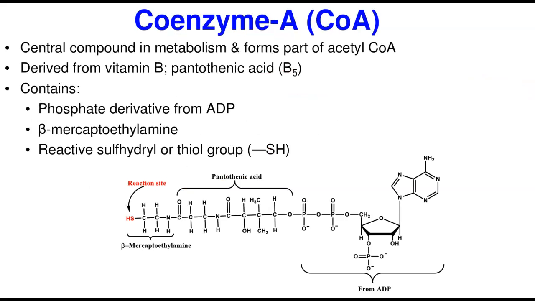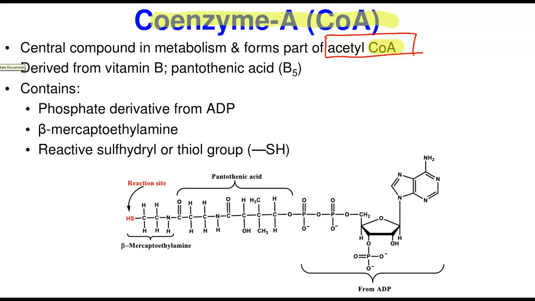Coenzyme A. Now let's go to the second one we need to look at, the coenzyme A. Coenzyme A is a central compound in metabolism and forms part of the very popular common intermediate, acetyl-CoA. Remember when we talked about the different stages of extraction of energy, we said at a point every molecule is converted to a common product in stage 2, which is acetyl-CoA. So when we say acetyl-CoA, the CoA part is what we mean by the coenzyme A.